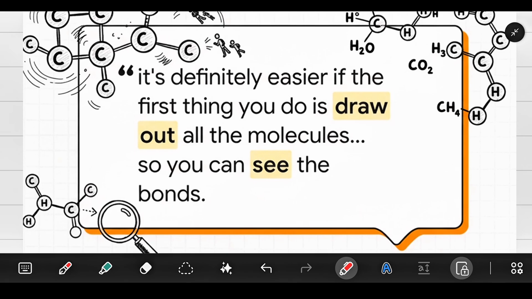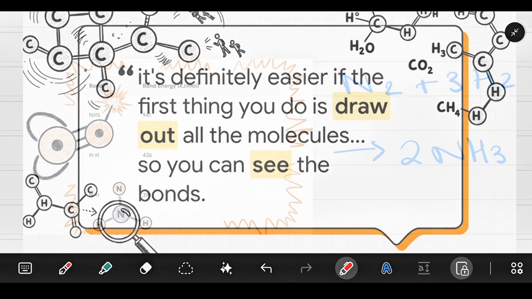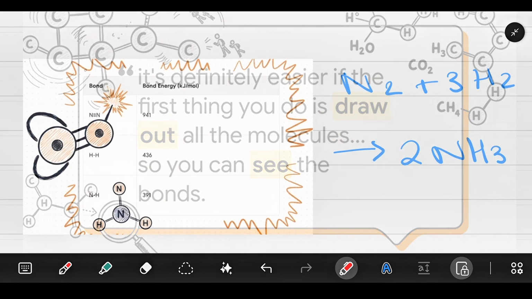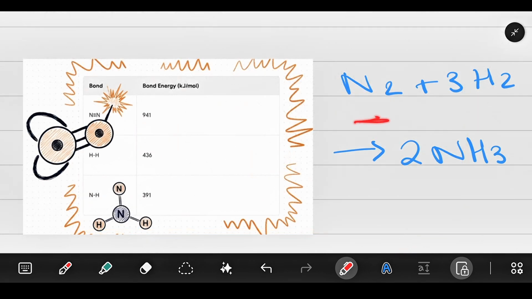Now, although you don't have to, it is always easier to draw out all of the molecules using their displayed formula like we did for the above reaction, so you have a better idea as to how many bonds are actually present. It's better for practice as well and for a better idea in your calculations. Now, moving on to the second example, we have nitrogen plus 3 hydrogen, which will give us